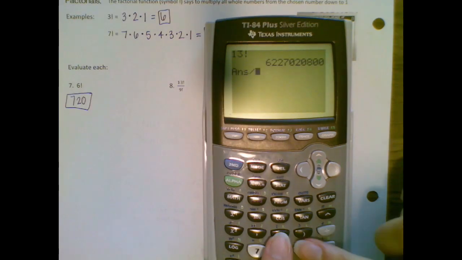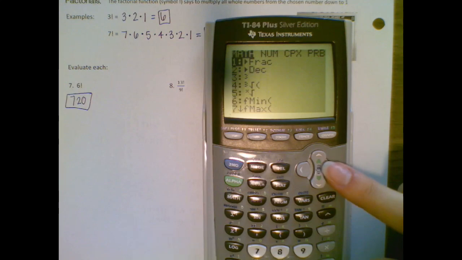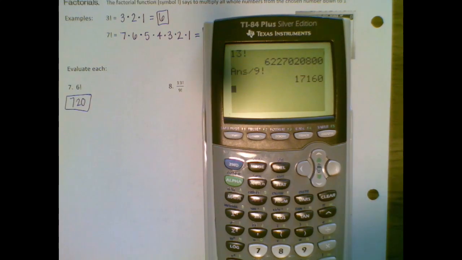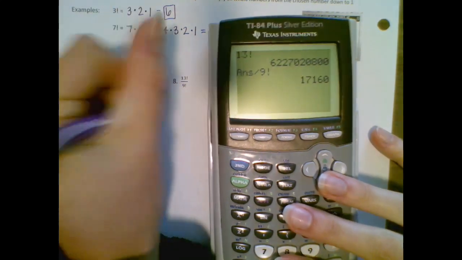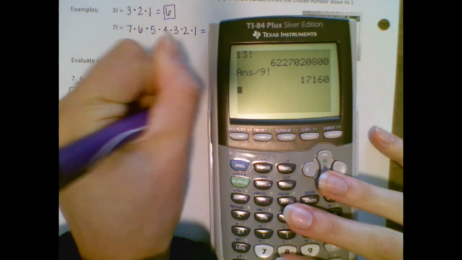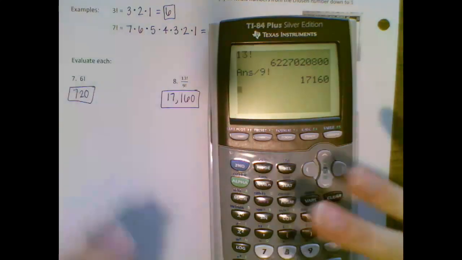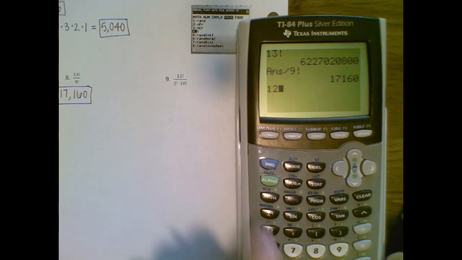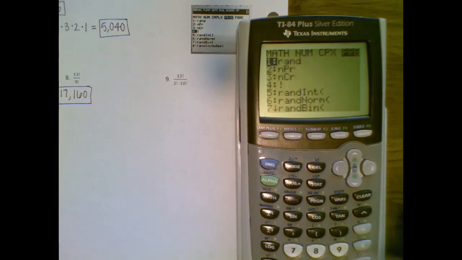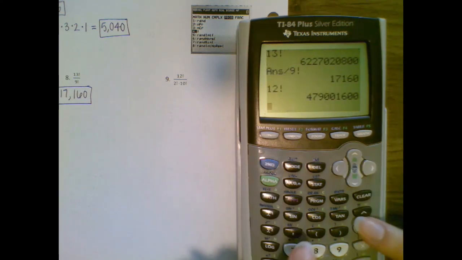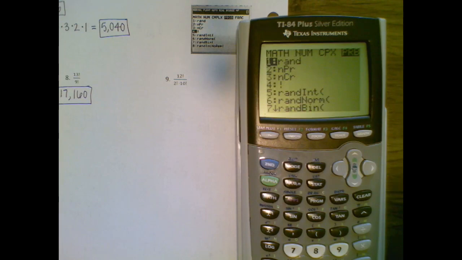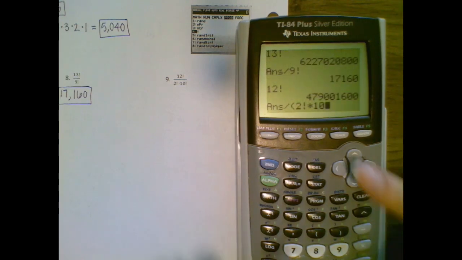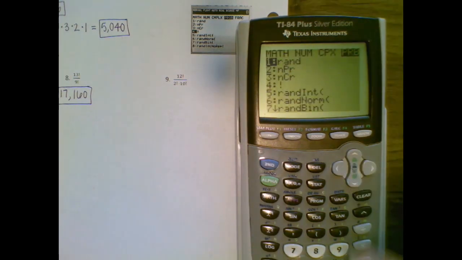divided by, ooh, that's a big number, 9 factorial. 17,160. All right, and the last problem here, we have 12 factorial divided by, I'm going to type these in together, so I'm going to put parentheses around this denominator, 2 factorial times 10 factorial,